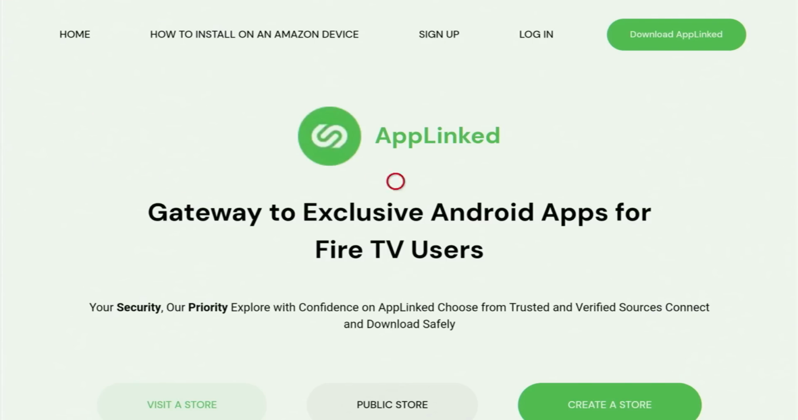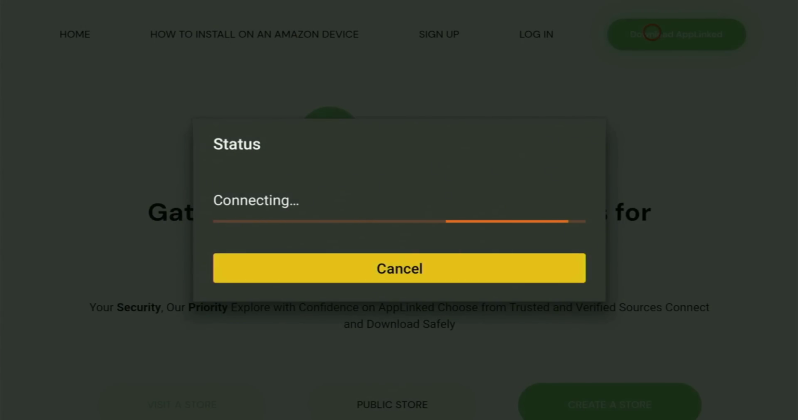And then when the website has finally opened for us, you need to click on download app linked. So we click on it, and now the download of Applinked is going to start. Usually it takes only a couple of seconds to do so. So let's wait a bit. There you go. At this moment, you need to click on install